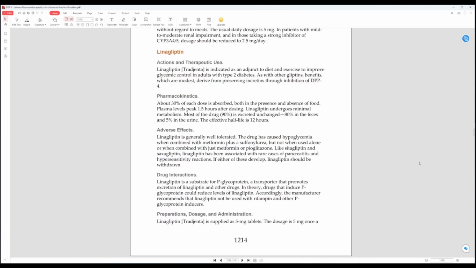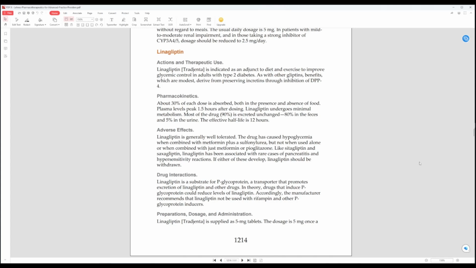Linagliptin. Actions and therapeutic use. Linagliptin, or Tradjenta, is indicated as an adjunct to diet and exercise to improve glycemic control in adults with type 2 diabetes. As with any of the other gliptins, the benefits, which are modest, derive from preserving incretins through the